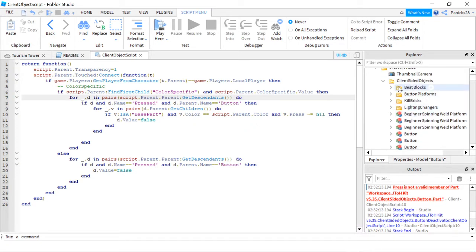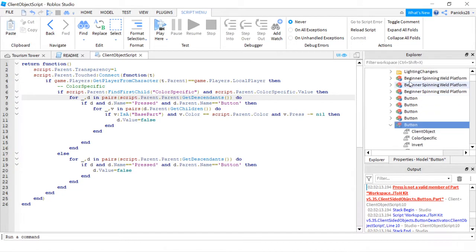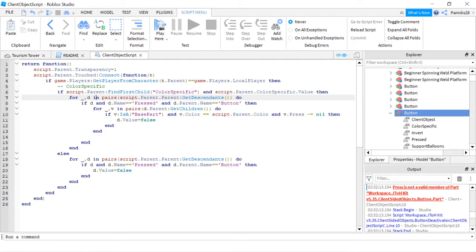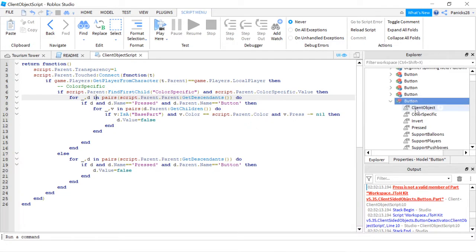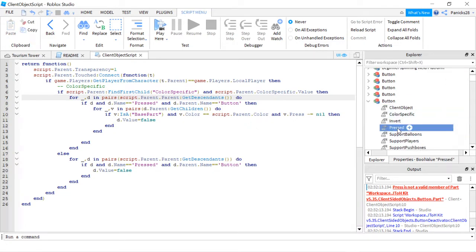So D is the descendants, like the children of all the children and the children of the children of this folder. And do if D and D.name equals pressed,